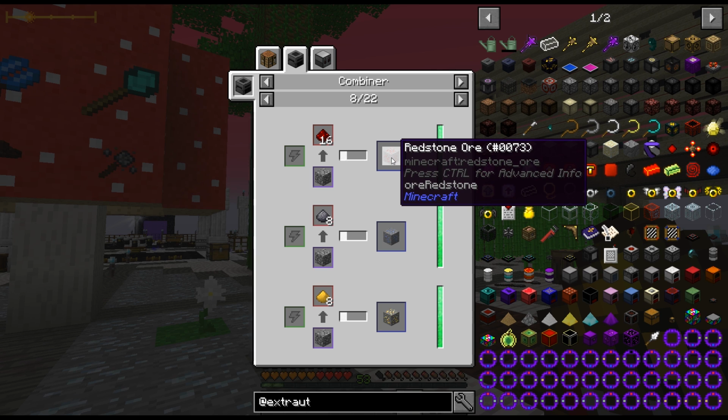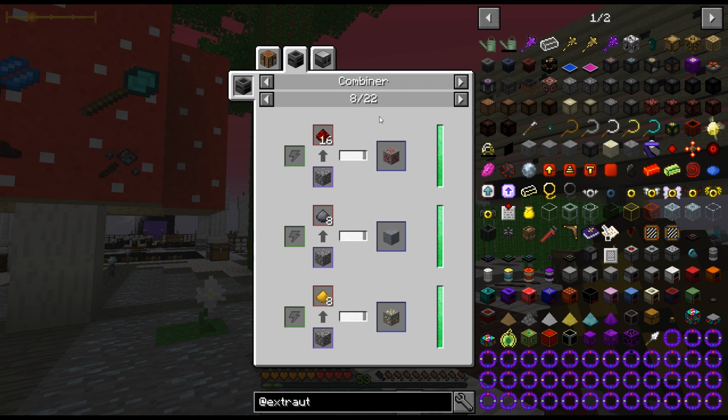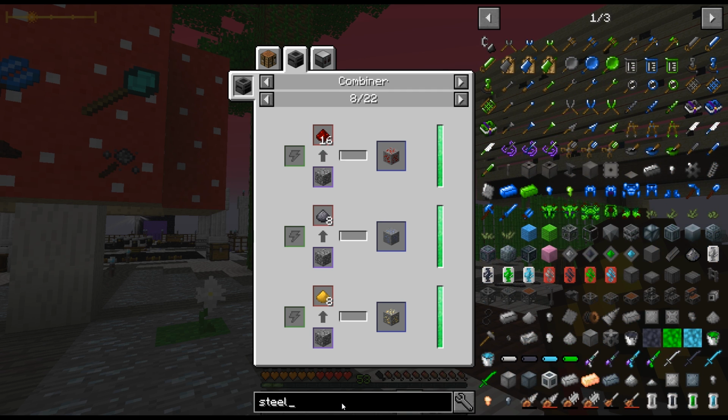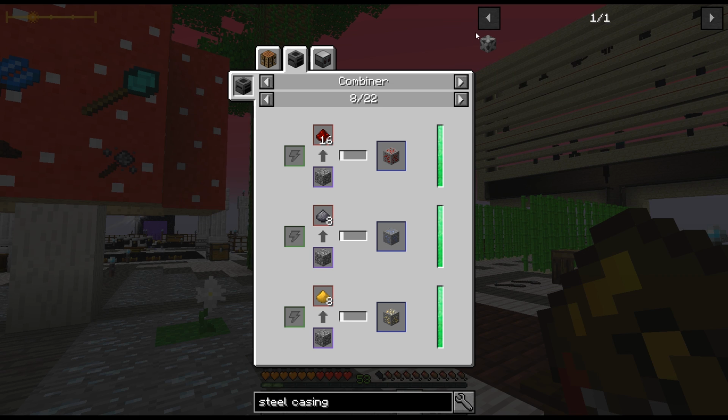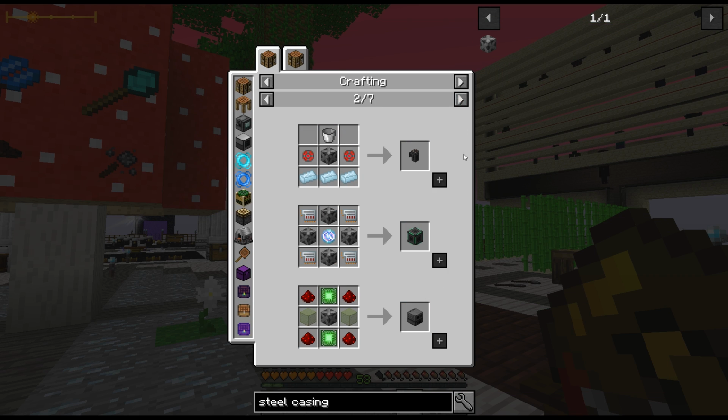I tried it in a testing world, and out of like 20 ore, at the most, I've gotten 4. That is a lot of redstone you need to make this. Okay, that's gonna be crazy. I really have to crank up my redstone production. But anyway, and then the steel casing I also want to use for, so with crusher, combiner, the energized smelter,